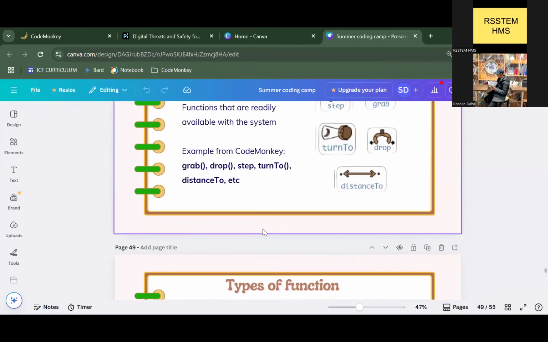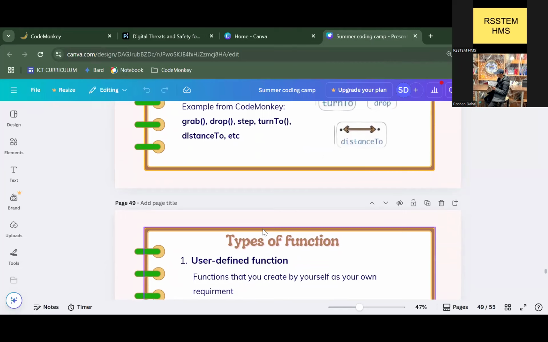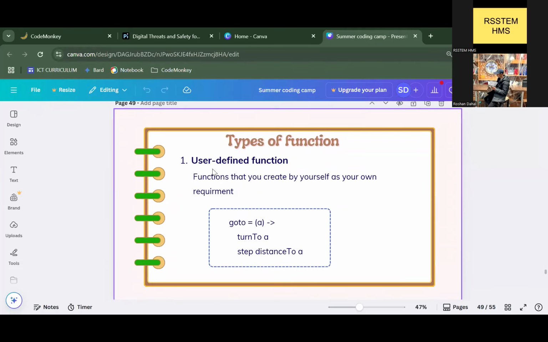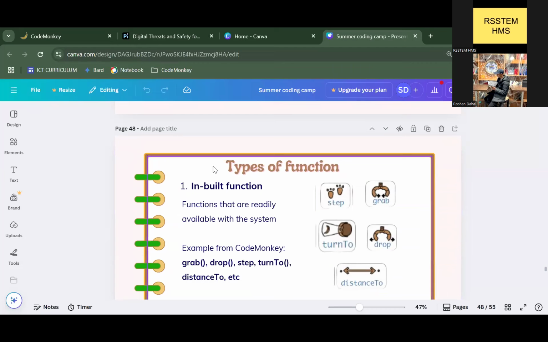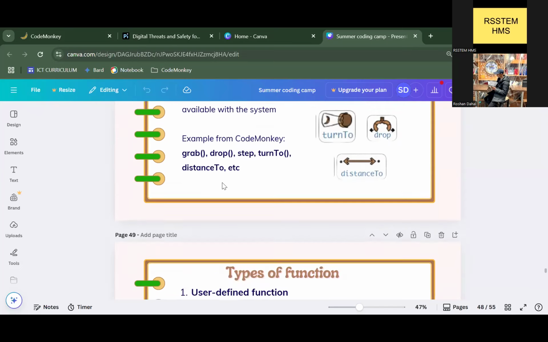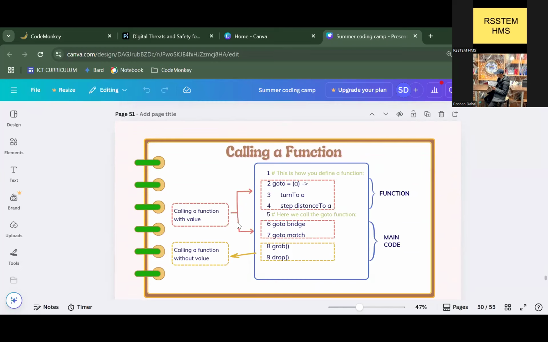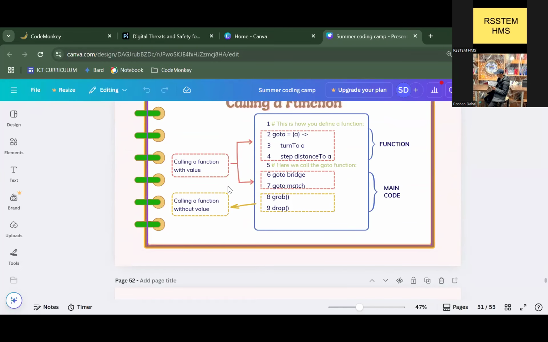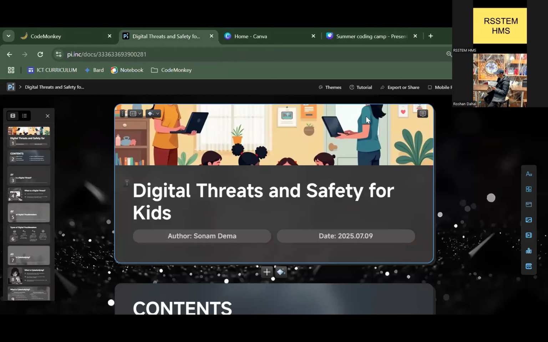In Code Monkey, the inbuilt functions are already built in, like turn left, turn right, and similar functions. Any function we call, I will explain in the demo. Okay, and repeat, maybe, if time permits.